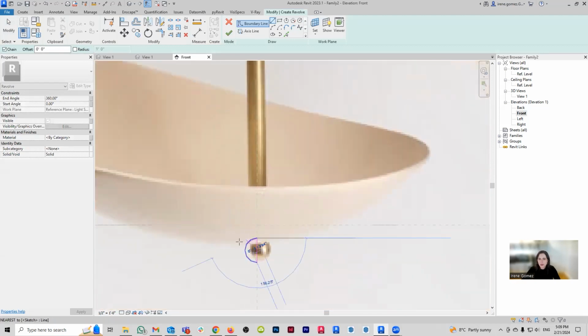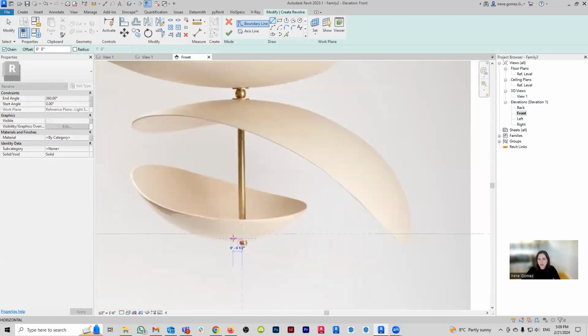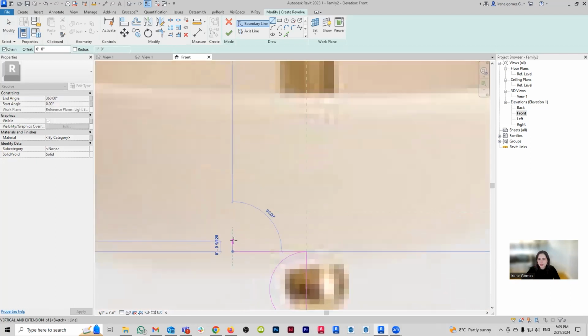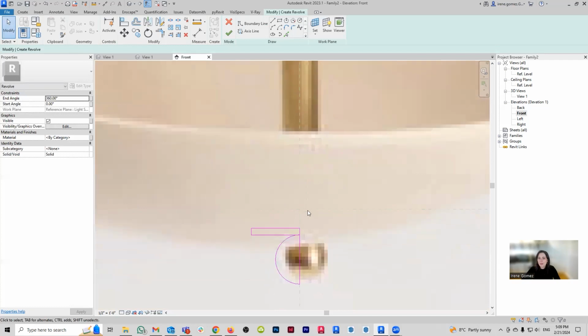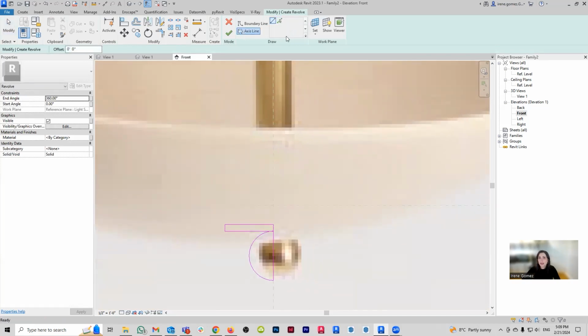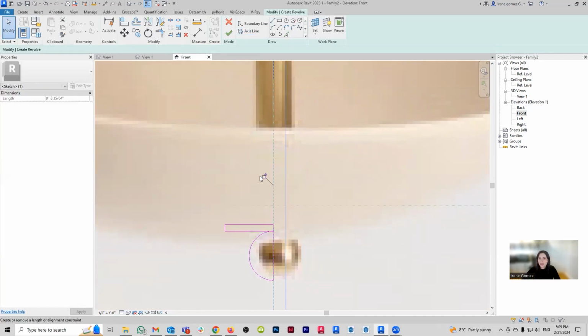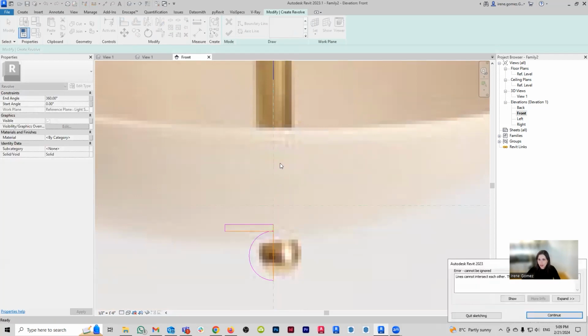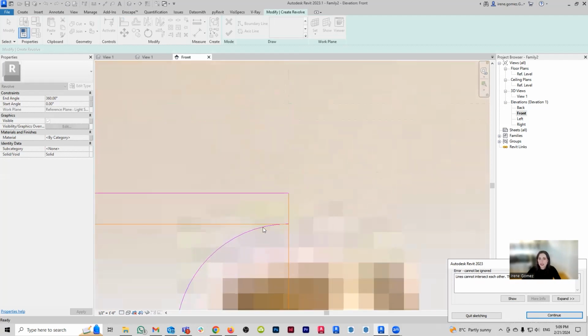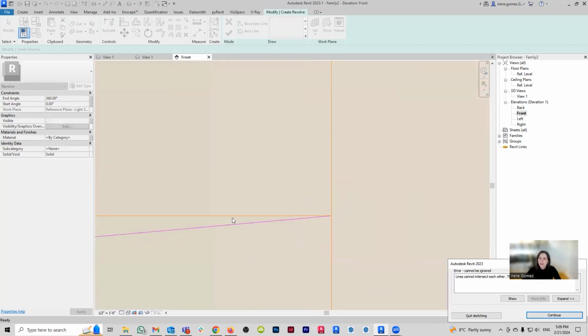If I just do this, and I'm going to do one of them so you can see what the problem is, let's say I bring it there, and then here, and then here. What may happen when I go to do my revolve, and I pick my axis and lock it, is this: you're going to get an error message telling you that there are overlapping lines. This is happening because the line is coming all the way to the vertical line, touching it, and then coming back out. That can cause some trouble, like Revit basically gets confused.